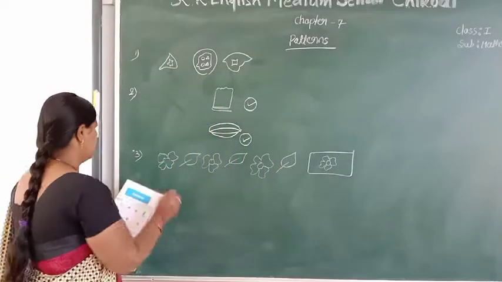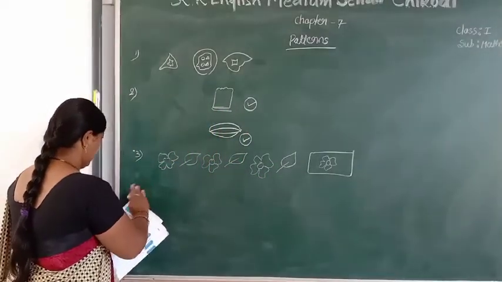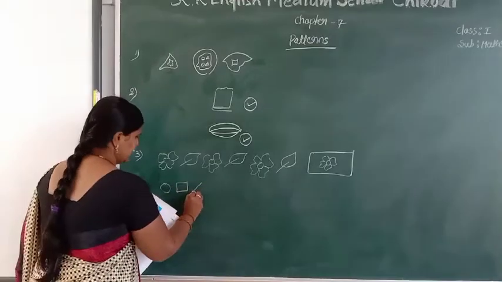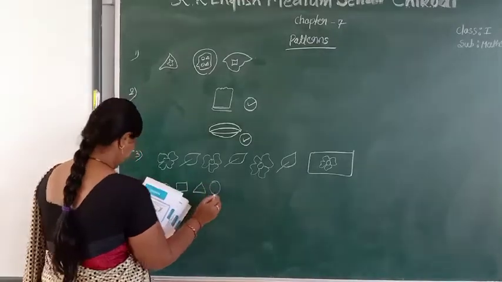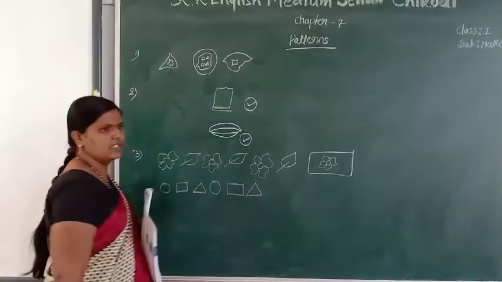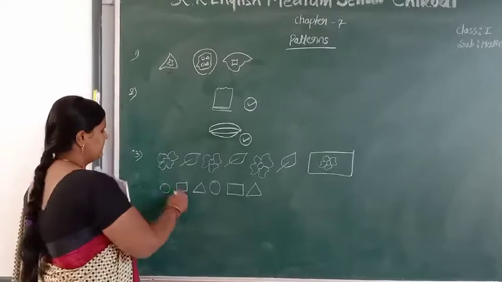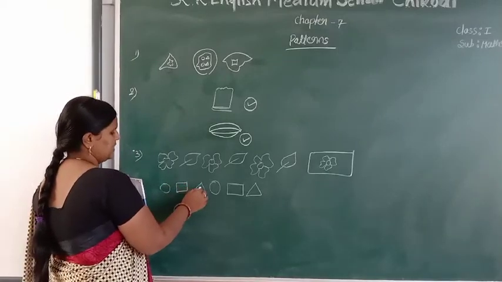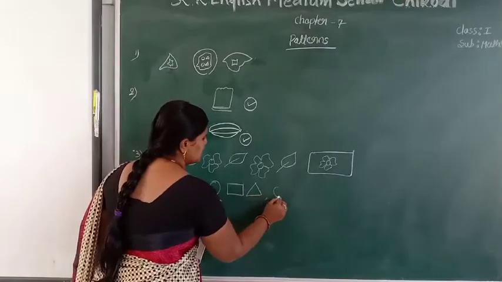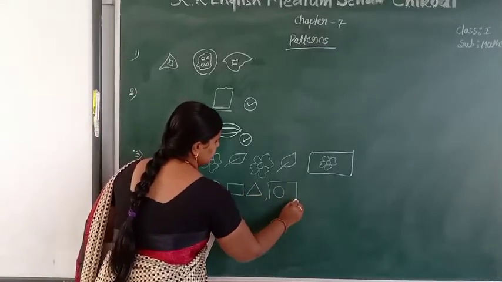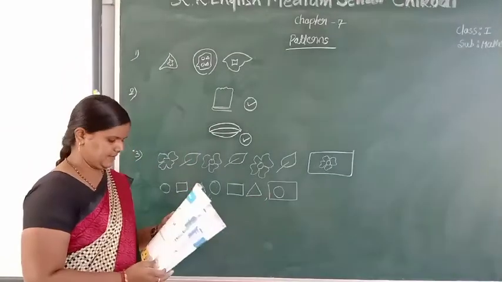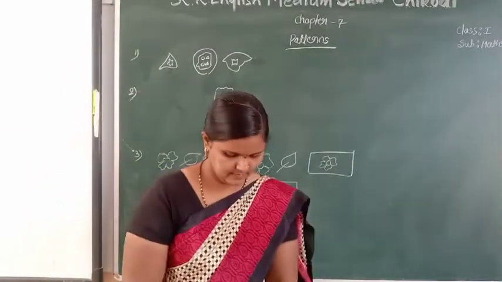Okay, color it. Next, circle, square, triangle, circle, square, triangle. So next one, which object will come? Circle, square, triangle, circle, square, triangle. Next one is what? Circle. Next one is circle. Draw a circle and color it here. Next,